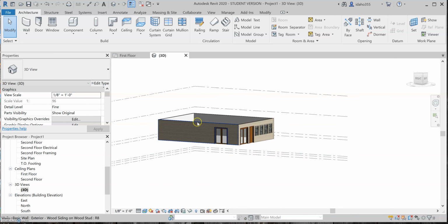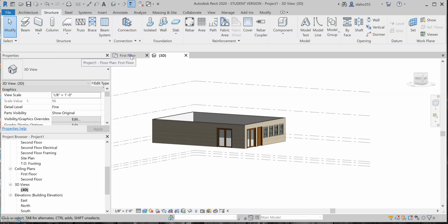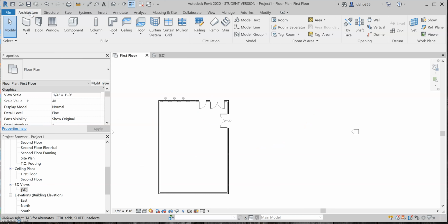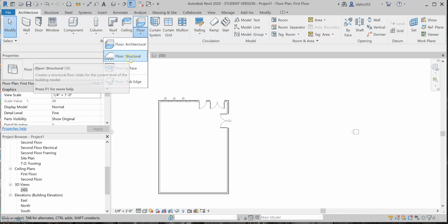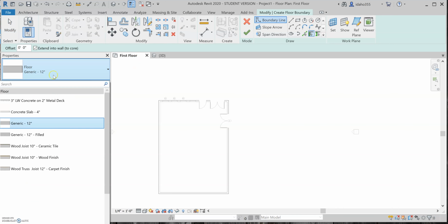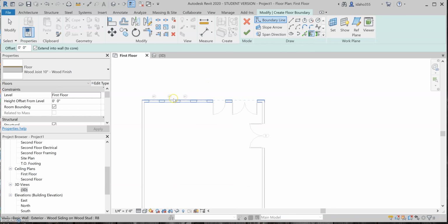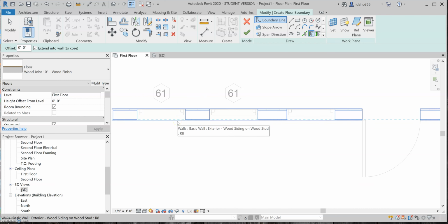So to wrap this video up, I'll just show you how to do a floor really quick. So let's go on the first floor. If you come into architecture and you hit the drop down for the floor, there's an option to do a structural floor or an architectural floor. I'll do a structural floor. And again, you can kind of come up here and choose what kind of floor system it is. I'll just do wood truss joist, 12 inches for the wood finish. And to draw the floor, I like to use this pick walls tool. So if you come to it and I'm going to want to place my floor system,